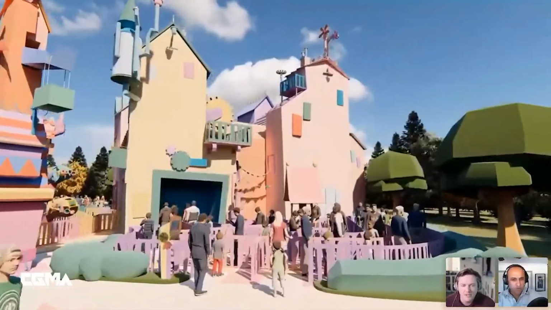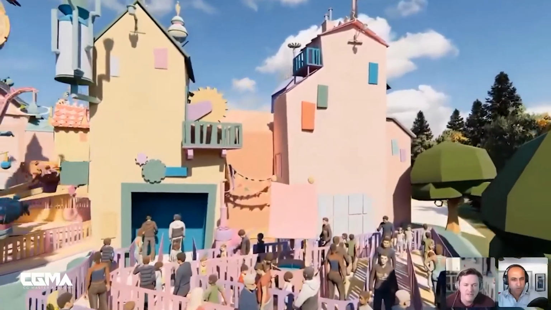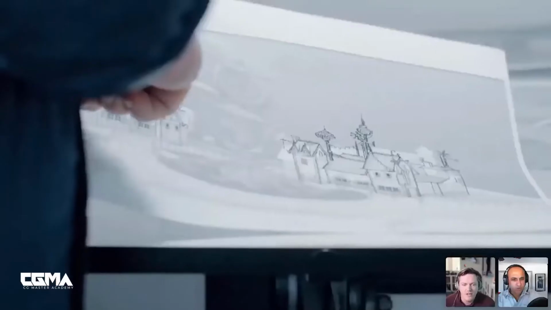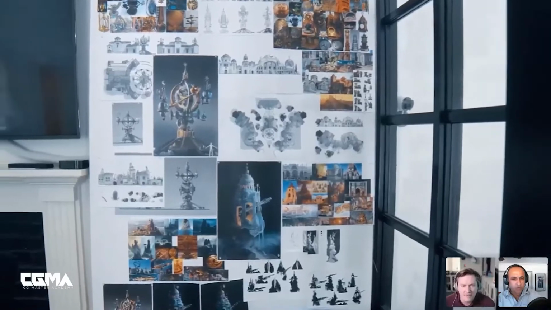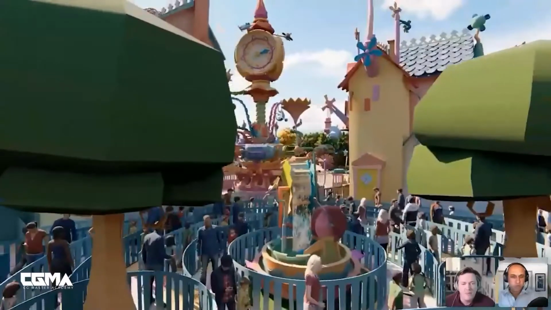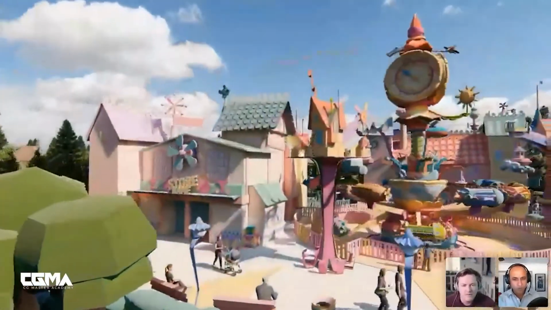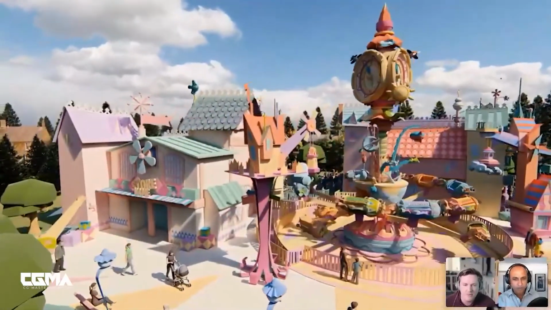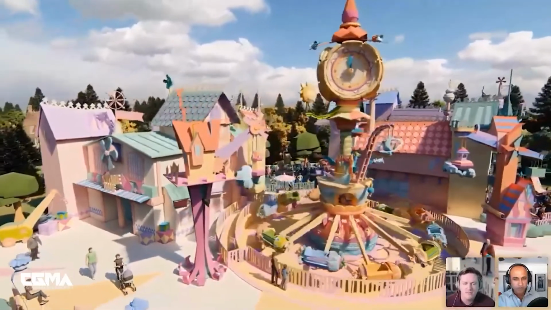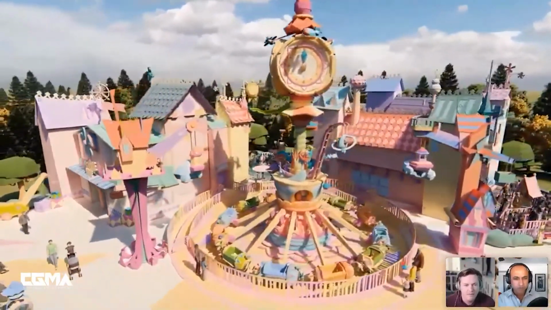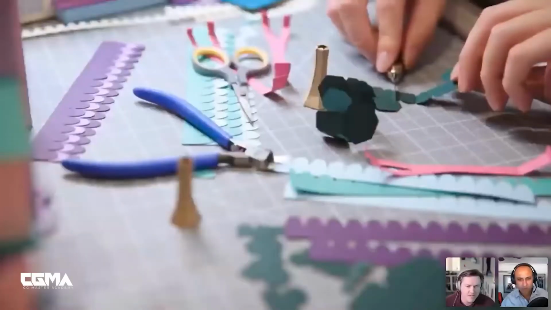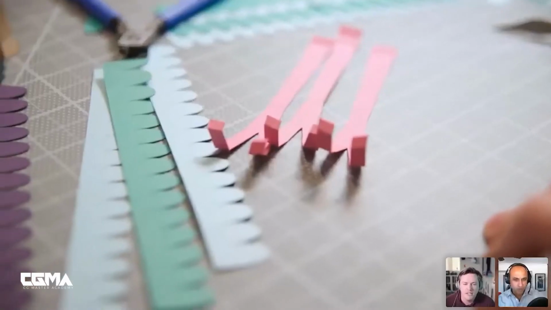So the story in theme parks is a little bit different. We need to tell that story in the scenery, in the ride itself, in the ride mechanism itself. And so I'll get into that a little bit more later. So you can see we do a lot of visualization. We'll do things in 3D. We sketch. We have that creative process of going from a blank sheet of paper, write about it, sketch about it, and then eventually put it into 3D.